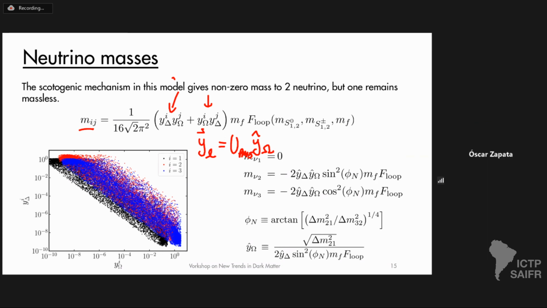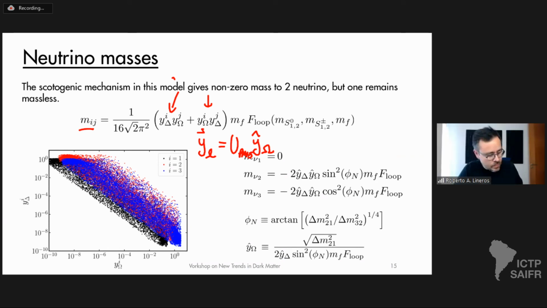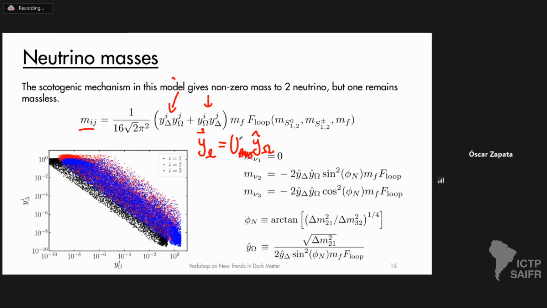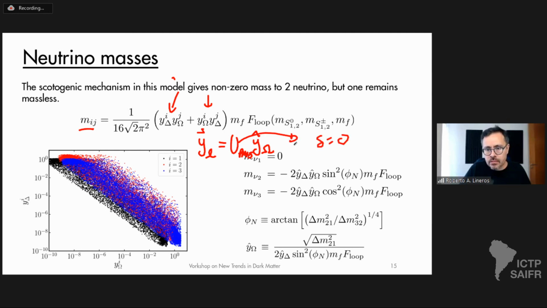So you are assuming a zero value for the CP phase in the Yukawa matrix. Yeah, for simplicity, the neutrino sector here is with the PMNS with delta equal to 0, just a mixing matrix, and the Yukawas were all real. We didn't want to get into the depth of dealing with too many phases in the model. Usually for the annihilation cross section, the CP phases are not going to be so important.